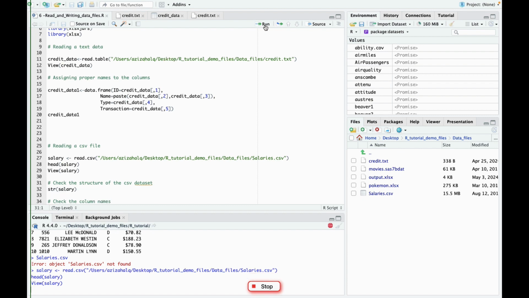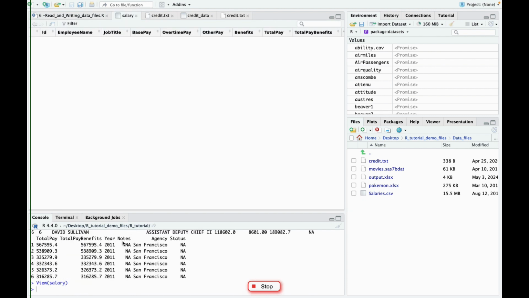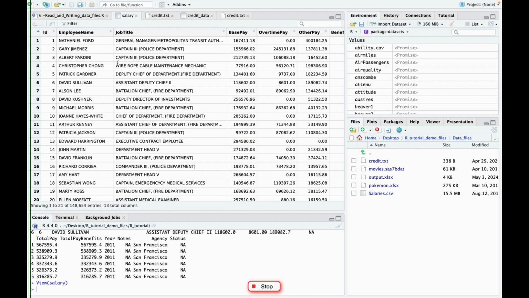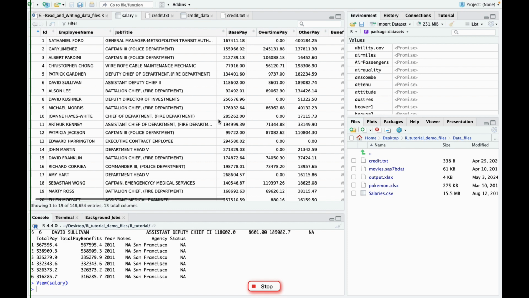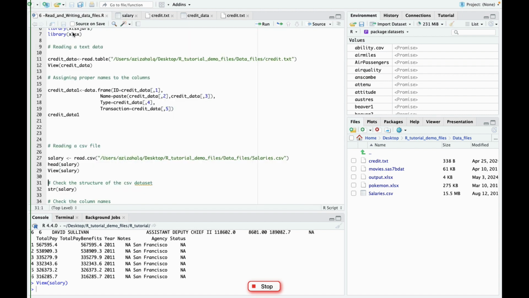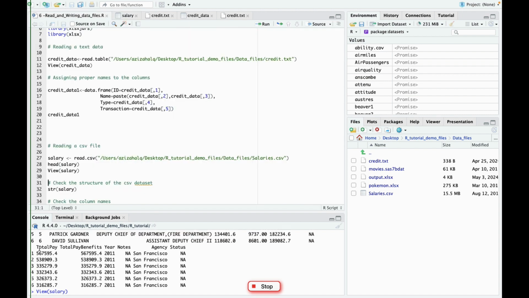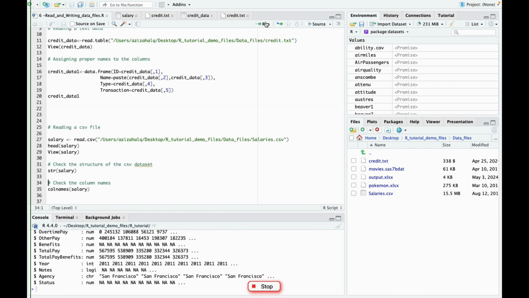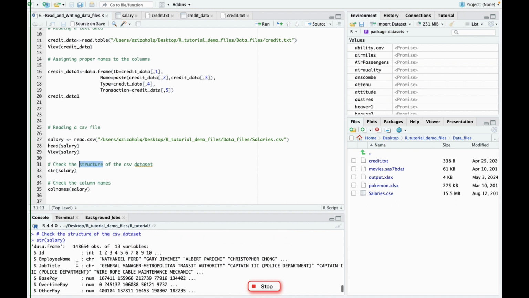This is the salary file, and these are the columns and features for this file, and we can read it down here. So we can open it, read it, and view it, and we can see the structure of this file. This is the structure for this file,